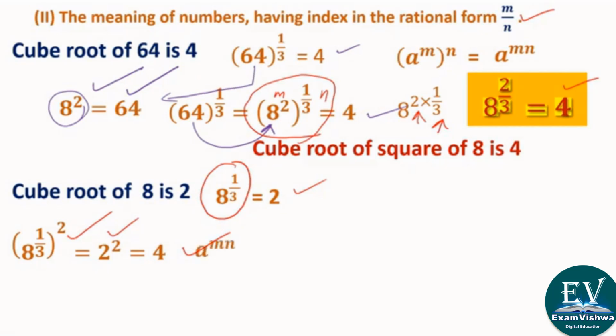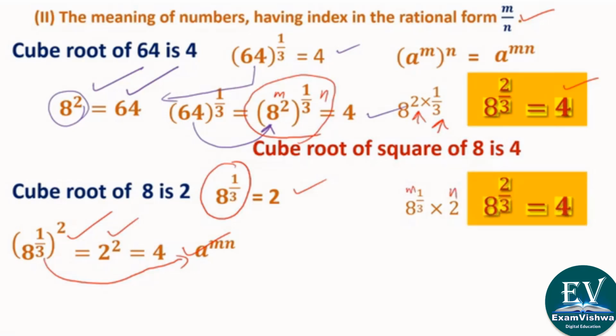We are applying the same rule of a to the power mn. मैंने shortcut मारे, मतलब this can be represented in this format. तो कैसे लिखेंगे? We will write 8 to the power of 1/3 into 2. Similar, जैसे पहले लिखा था. This is m for the sake, and this is n in that case. And if we further write 8 to the power of 2/3. तो दोनों में फर्क क्या है? Both are looking same, but